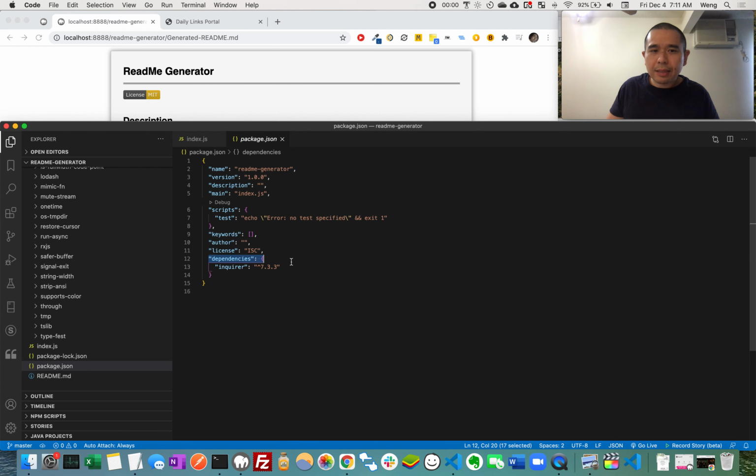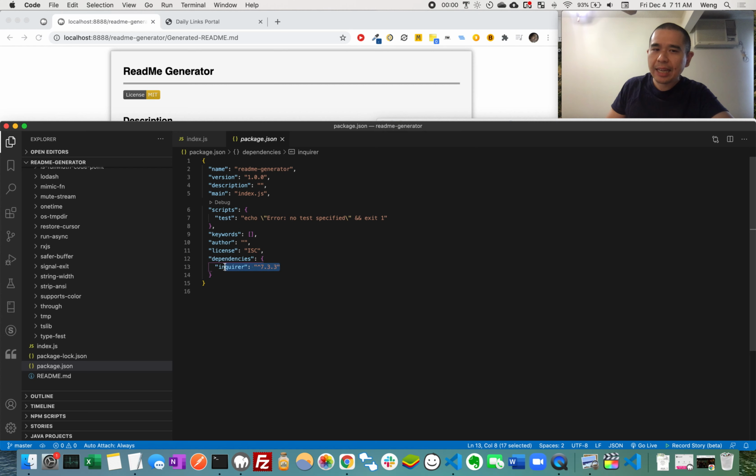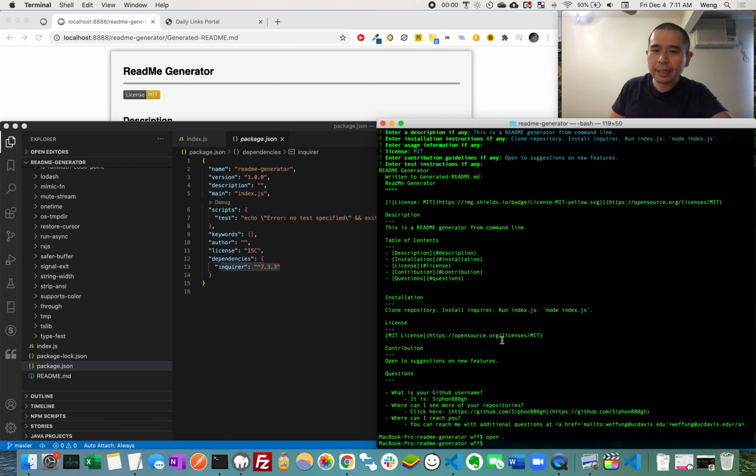As you notice right here, there's a dependency called inquirer. Inquirer is the npm package, or node package, that allows me to do those fancy prompts, such as selecting the license using the up and down arrow on the keyboard and entering information or skipping information. So you can manually add inquirer to package.json, or you can, in the command line in the same folder as